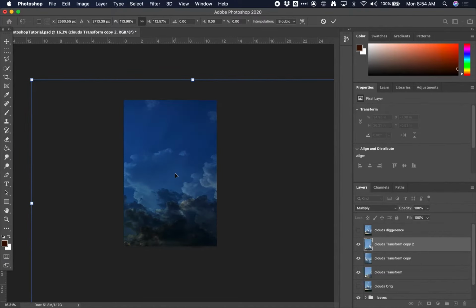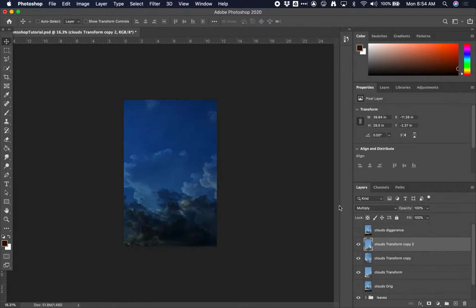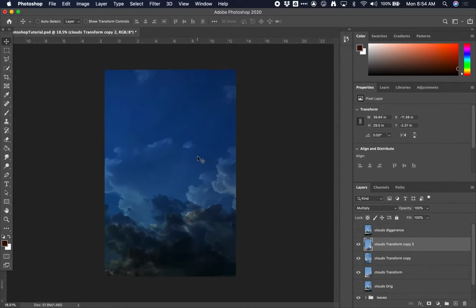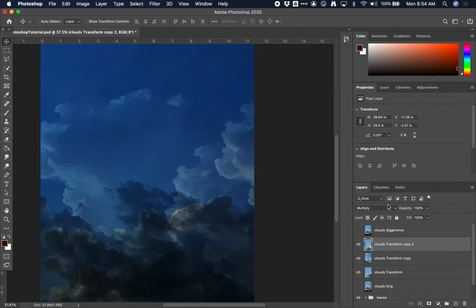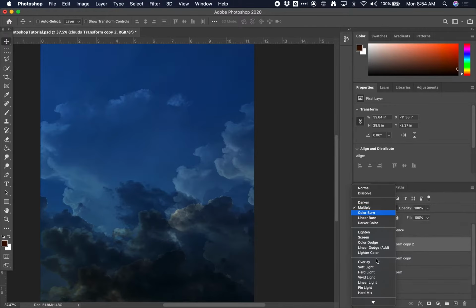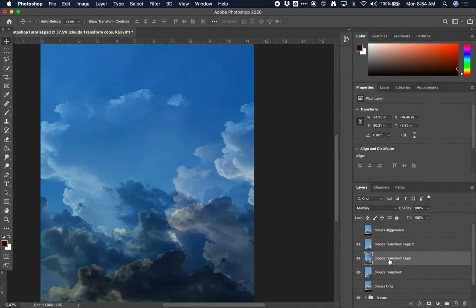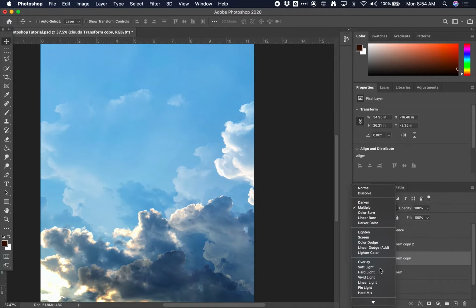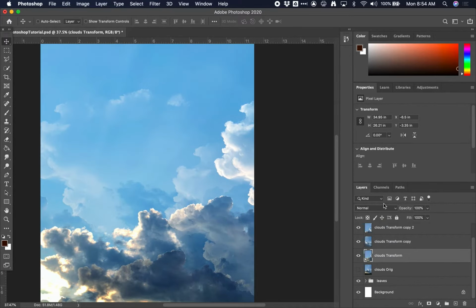So this is one way you can work with images that have some interesting things, but you want to be able to use them as texture or some type of element. So as you can see, they're multiplied, but maybe if I use soft light for this one, and then soft light for this one, and then maybe make this one normal, then you can see how these different clouds are interacting, giving us a very soft, interesting look. I could make soft light for this one as well,